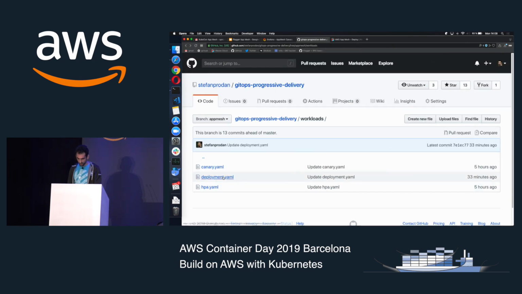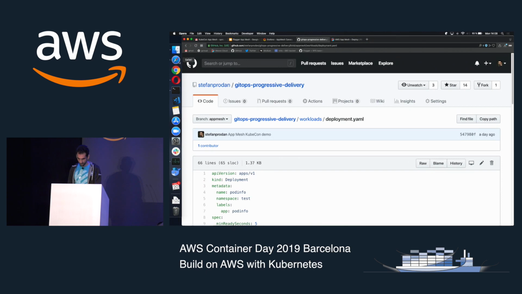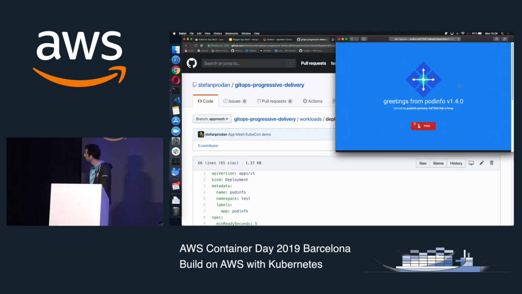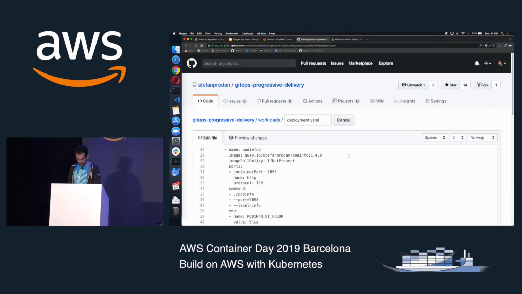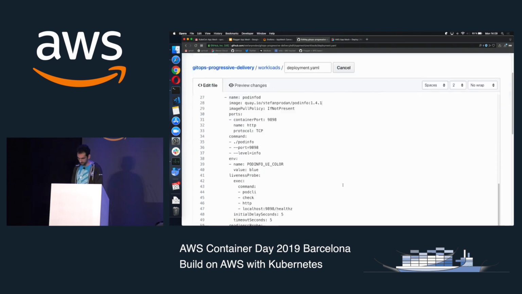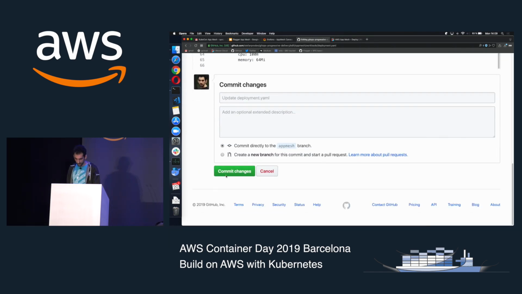And I have my deployment file here, and on my cluster right now, I'm running the app, version 1.4. And let's make a change. Go into Git. Let's say I've built this image, I've pushed this modification, and when I commit it,